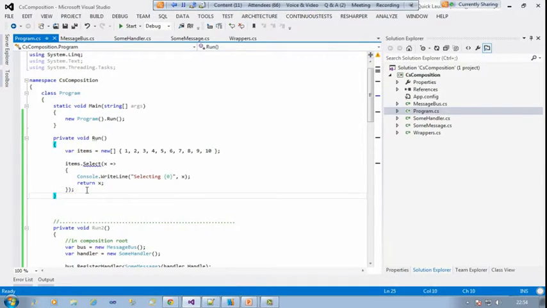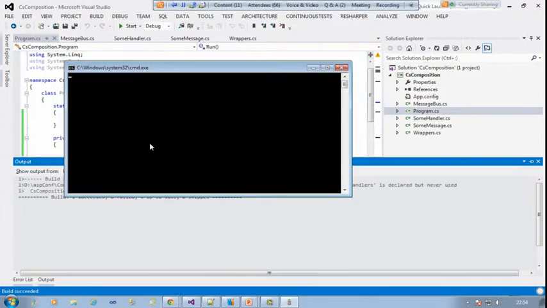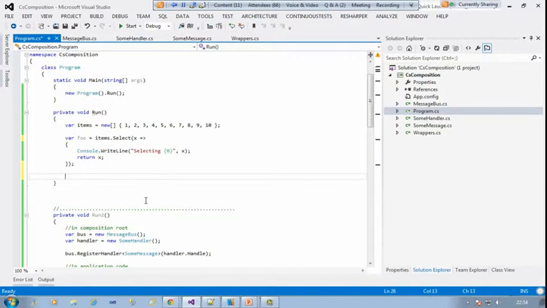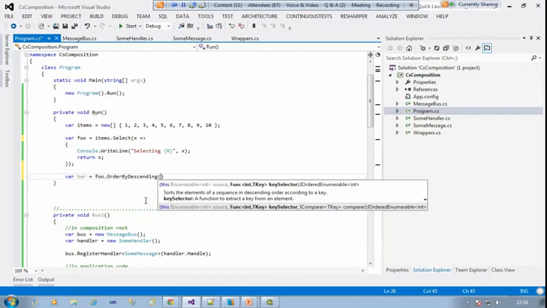But if we make one little change, and we do dot toArray or toList or something, then what we'll see is that that is now being executed. And you can see it says select 1, 2, 3, 4, 5, 6, 7, 8, 9, 10. Okay. And we could do something like var foo equals, and we could then do var bar equals foo dot orderByDescending,